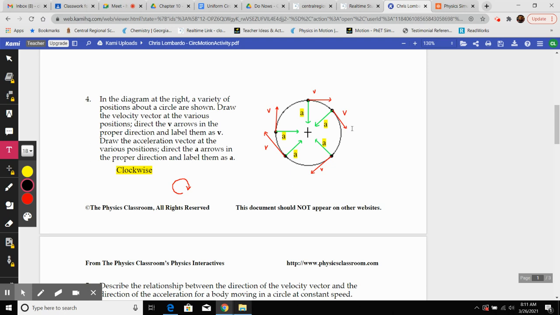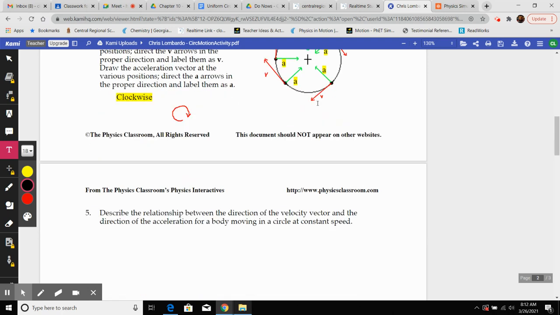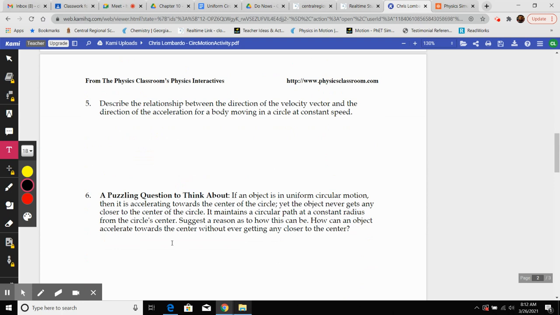Now, even though it's not necessarily speeding up, remember there's 3 ways that we can get an object to accelerate, because acceleration's definition is a change in velocity over time. Now, our speed is not changing, but how is our velocity changing? A changing direction. So, if our velocity is changing, therefore we have an acceleration. So a change in velocity is a reason, right? Change in direction is the reason why we have an acceleration, even though it's not going to be speeding up or slowing down. It's not accelerating towards the center